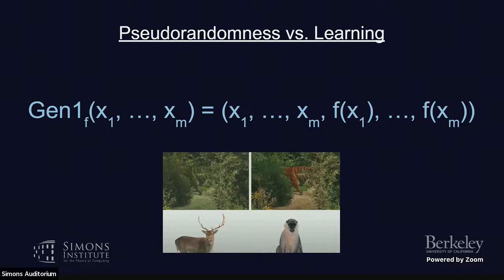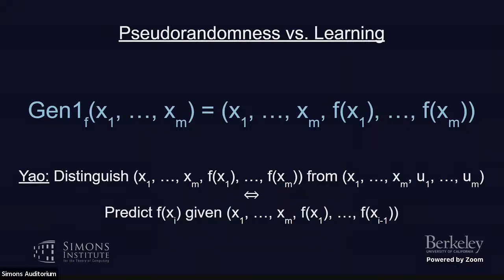It's just an m-wise direct product of this function f. So you can think of these x_i's as strings of length n coming from some distribution, and f is just a boolean function applied to those strings. Okay, so it's pretty well known by this connection of Yao between distinguishability and predictability that this generator is not pseudo-random if and only if you can efficiently distinguish its outputs from the string with uniform distribution in the last m bits, if and only if you can predict